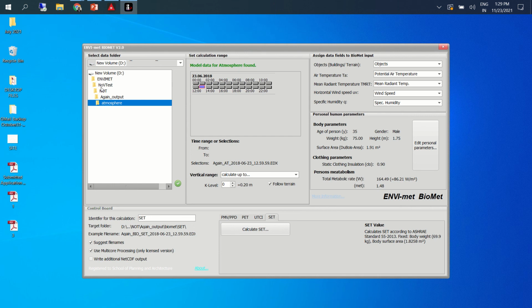So this is the Novi test. I'll calculate UTCI for this also. Generally you will get an output like this, showing for which hour you have simulated your results. Suppose I have given one hour, it shows which hour it is.